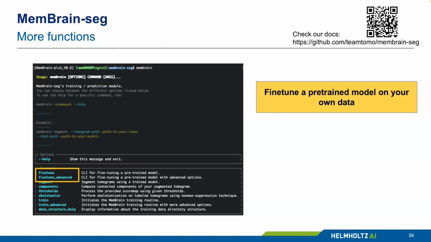In the meantime, there's these fine-tune functionalities, which not necessarily require to have the full training data available. In theory, it should be able to perform already reasonably well with just a couple of annotated patches from your specific data set. And then we applied some heuristics, and you can train this model with this functionality and ideally maximize the performance on your data set. So we provide a couple of documentation on our GitHub repository how to properly do that. This is still a bit experimental, so if you want to give it a try, I'm always happy to get some feedback on how it works for you.